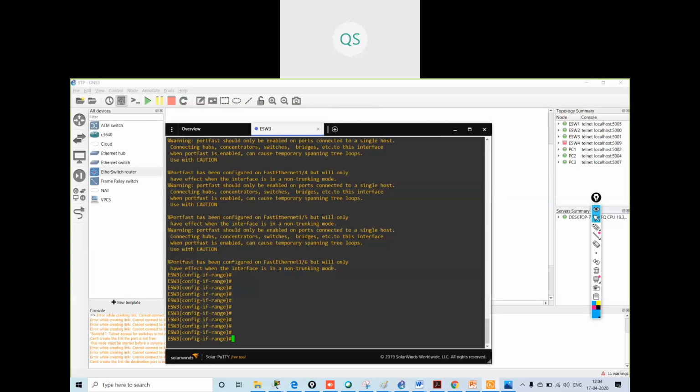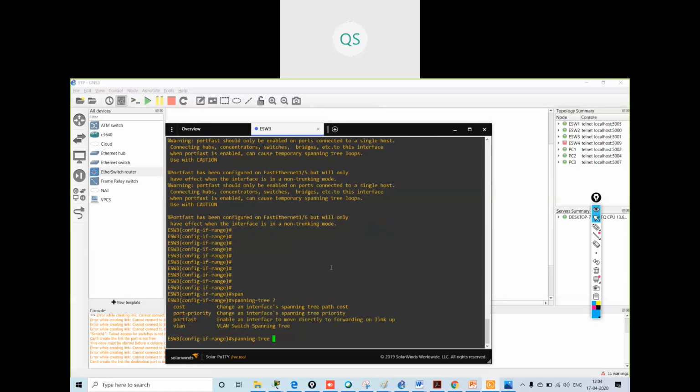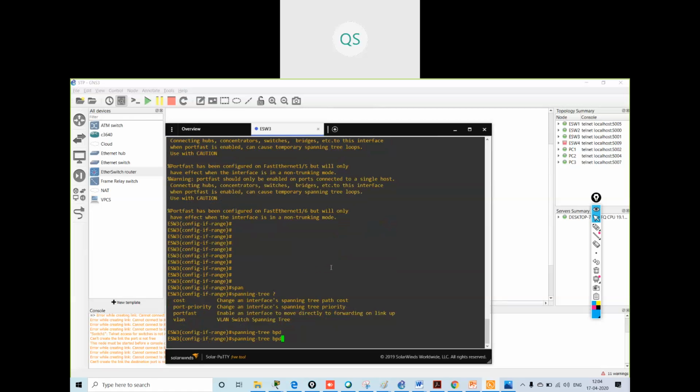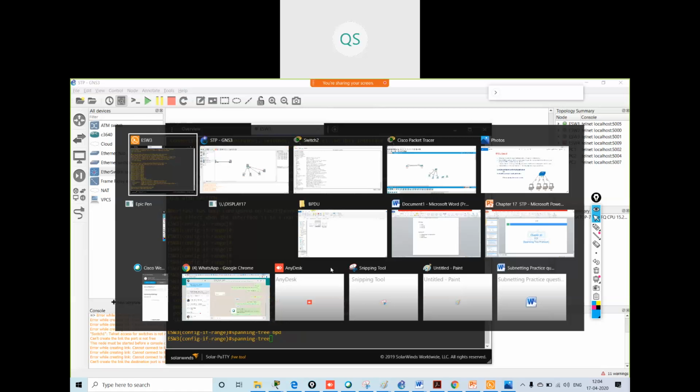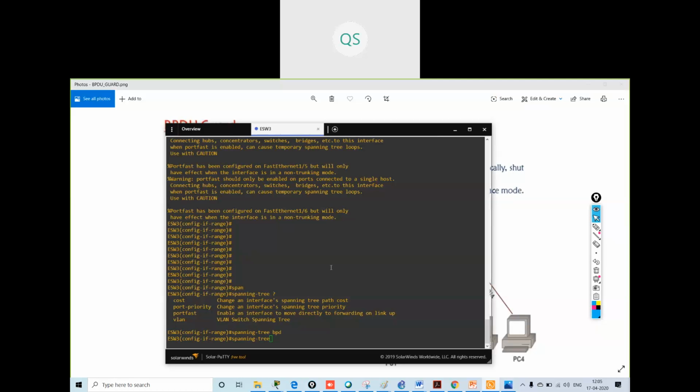So I will configure the BPDU guard also. What was the command? Spanning-tree portfast bpduguard. I'm not getting it inside the interface.